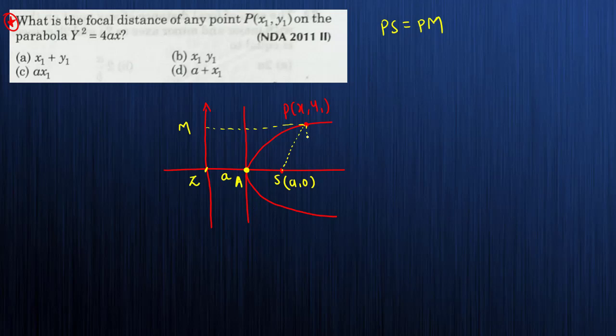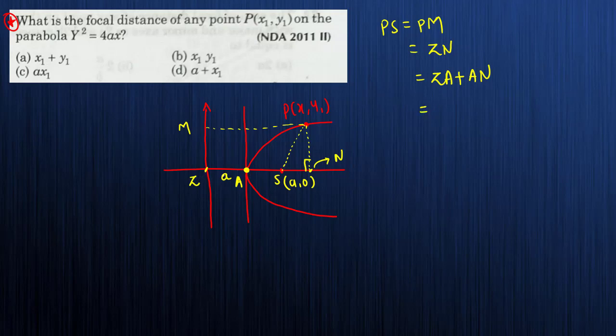Now let me construct something for you. Suppose this point is N. Let's take N, since we have used M. Now see, this PM equals ZN. I will directly write this PM equals ZN. Okay, and this is a perpendicular we have drawn from P to the axis. And this ZN I can easily write as ZA plus AN. Yes, we can write.